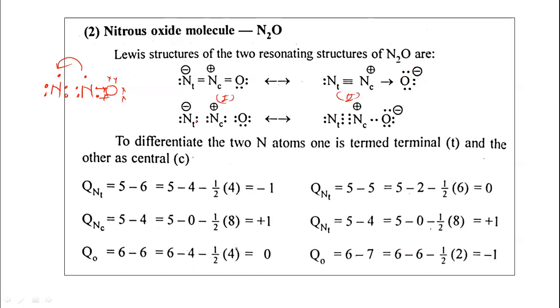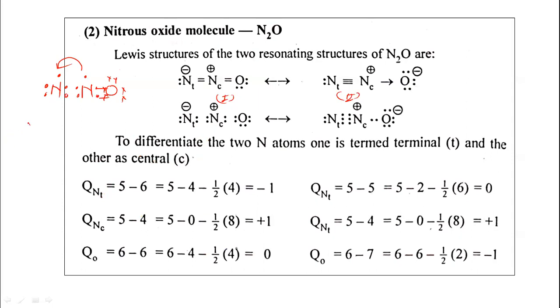Let us see. The electronic dot structure can be represented in this way. It is necessary to represent the electronic dot structure, because without writing this you cannot calculate the formal charge. To differentiate the two nitrogen atoms, this is terminal and this is central. Terminal stands for T and central stands for C. Let us see the first structure. In structure 1, the formal charge on the terminal nitrogen atom: